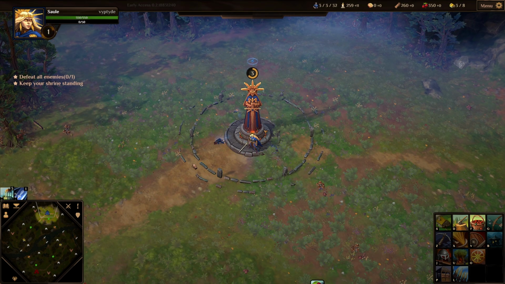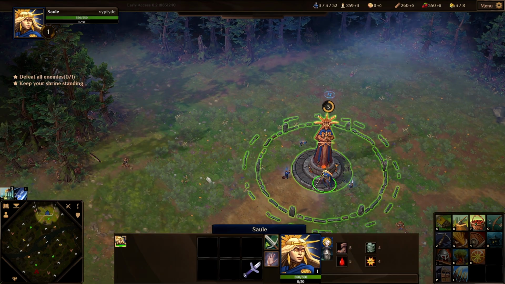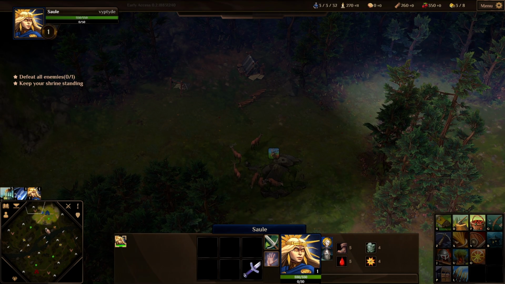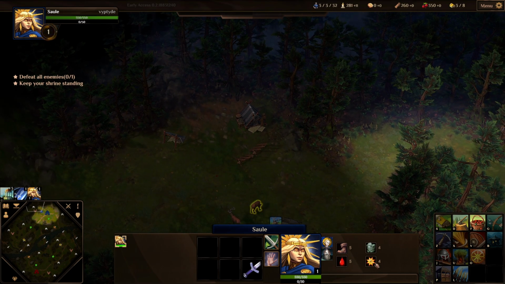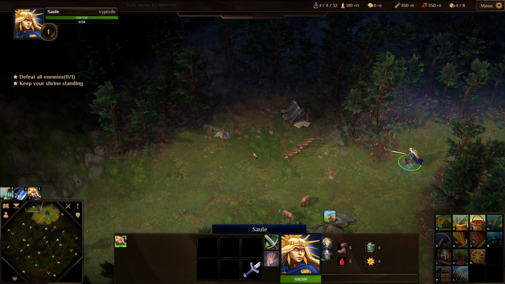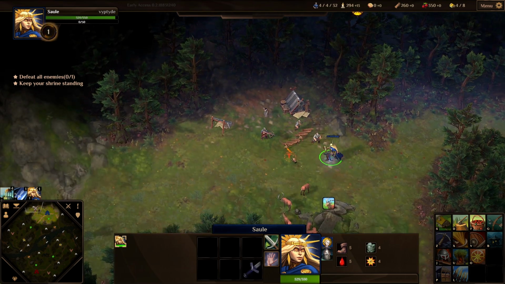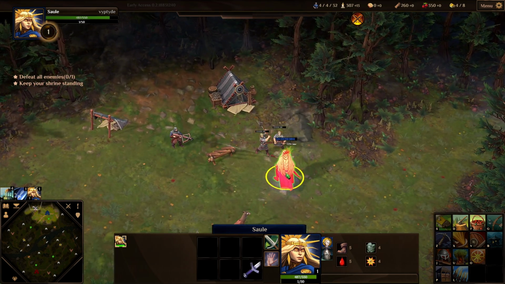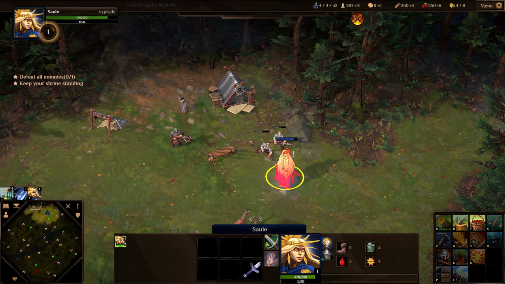So your shrine is spawning your worshippers, but you also have another way to get some worshippers, which are these tent icons on the minimap, as you can see, and one of them is right next to our base, and I'm heading over there right now. So these are locations where there are captive worshippers, and they are guarded by some neutral creeps, as you can see. So I'm sending my hero over there to take them out, and while they are fighting,